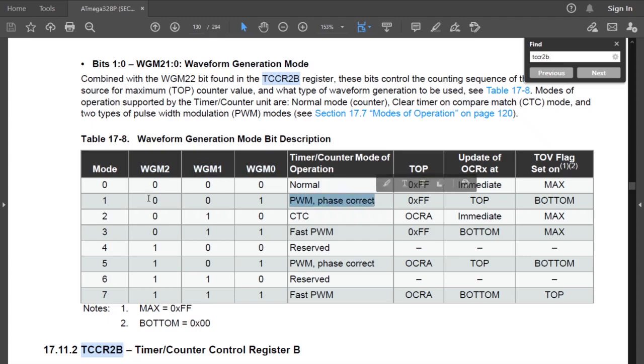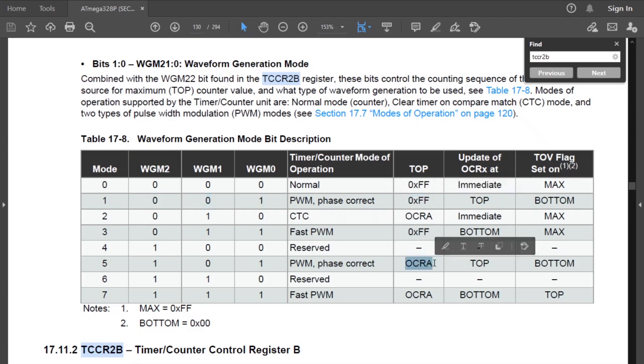When we select on the two registers together WGM2, WGM1, WGM0, when we select 0, 0, 1, we will have the phase correct PWM mode. When we select 0, 1, 1, we will have the fast PWM mode. When we select 1, 0, 1, PWM phase correct, but with a change of the top value, as we have